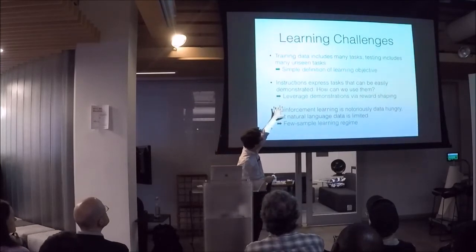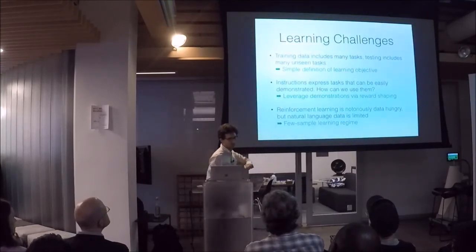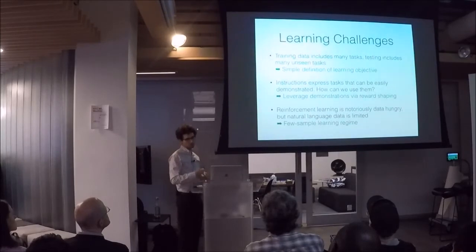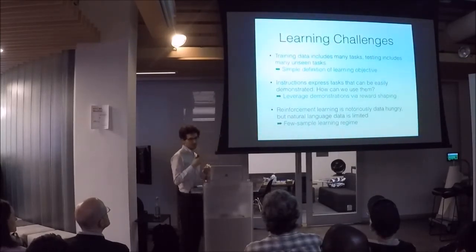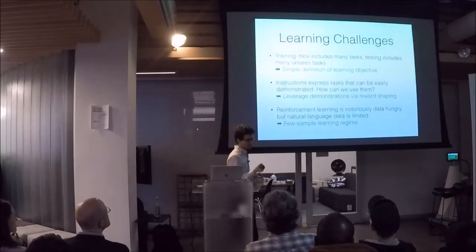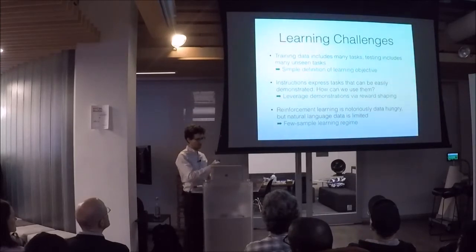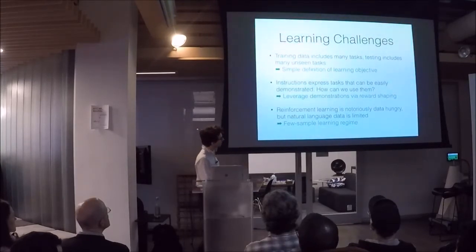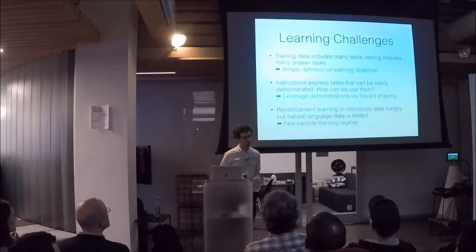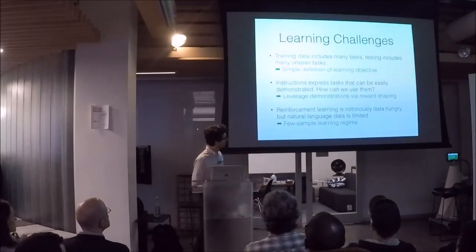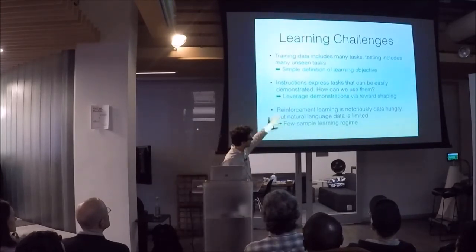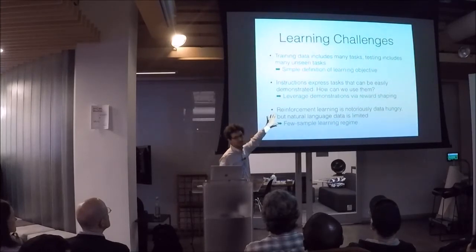We also need to be able to take better advantage of our training data. In reinforcement learning, usually you just explore the environment, and if you complete the task, you get a reward. But in instructional language, it's very natural to get demonstrations of the desired system behavior, because this is not an agent that runs forever and ever. This is a very finite, well-defined task. You can actually ask humans to perform it. So we want to leverage these demonstrations, and we're going to do it using something called reward shaping. And finally, reinforcement learning is notoriously data hungry,